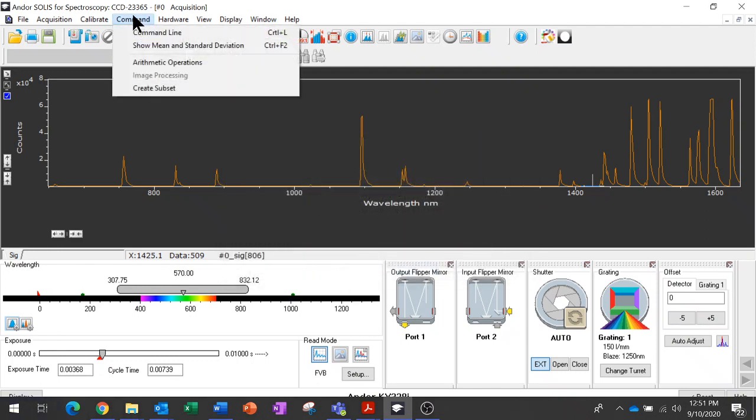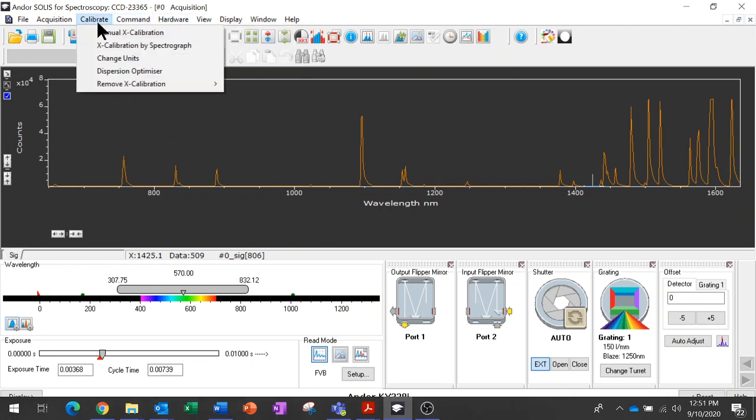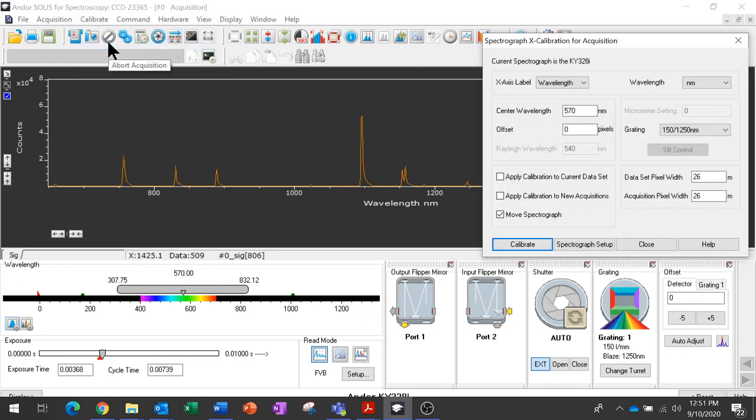So to get rid of that and go back to the calibration function automatically generated from the spectrometer geometry, I'm going to go to calibrate, X-axis calibration by spectrograph, or X-calibration by spectrograph. And I'm going to give it a center wavelength. It doesn't really matter what you enter here. I just want to apply it to the current data set and to new acquisitions. And I'm going to calibrate it there. So now I'm back on what the hardware believes should be the correct x-axis generated from the grating equation and the spectrometer geometry. So this is just going back to that saved data, which is in the EEPROM,